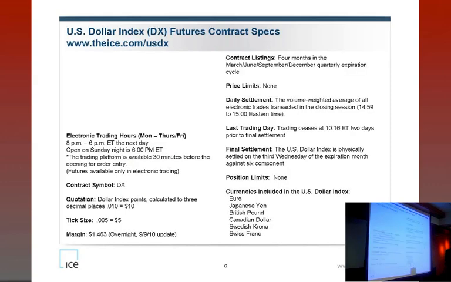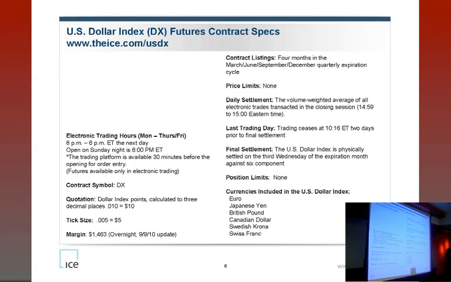Here's a little bit about our trading hours. ICE is a little bit different than CME in terms of our trading hours. We do trade 24 hours, 1 day a week. We trade Sunday night, 6 p.m. Eastern open to 6 p.m. the next night, Eastern time. So there's 1 day a week that we trade 24 hours, Sunday to Monday. We take a 2-hour break every night from 6 to 8 p.m. Eastern. We open at 8 p.m. So our hours are a little bit different than the CME in that respect. So those are the hours for all of our financial products, okay?